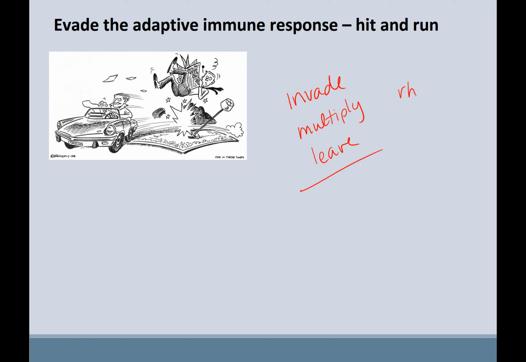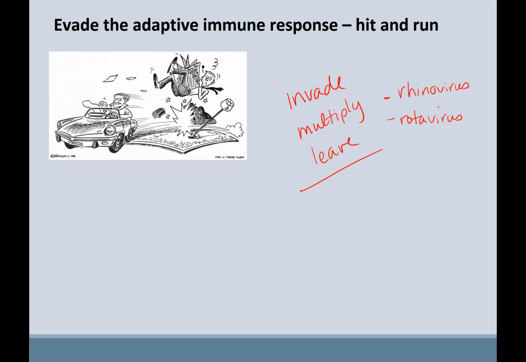So things like rhinovirus, which is the common cold, head cold, rotavirus, which is a gastrointestinal system, 24-hour flu, right? Hit and run. Make a whole bunch, get out, try to find the next host,